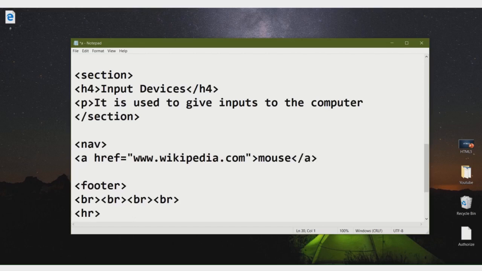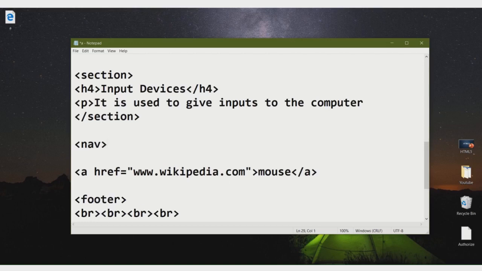okay, and after that I am putting this next one.